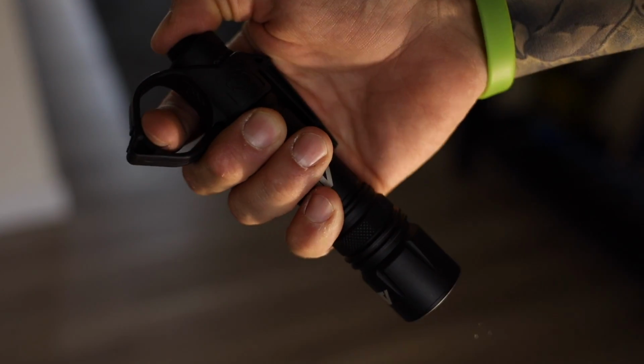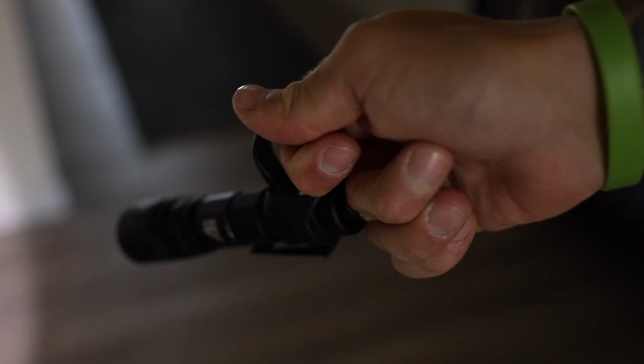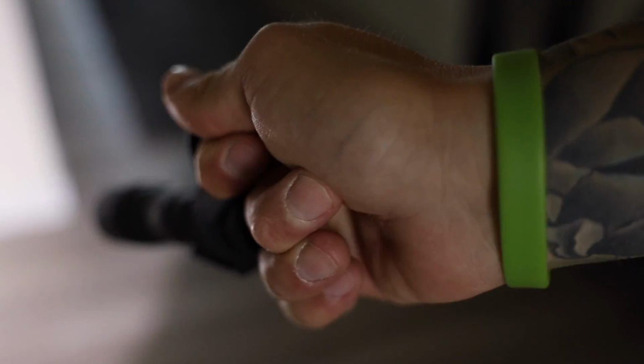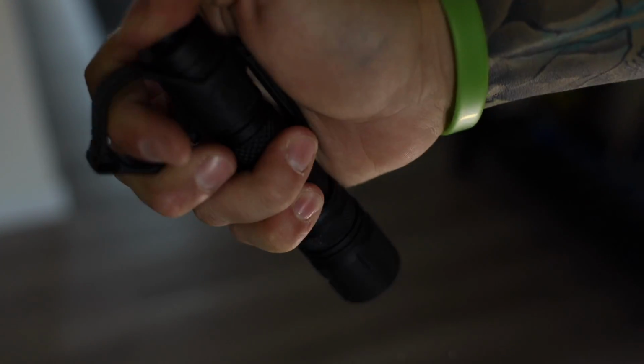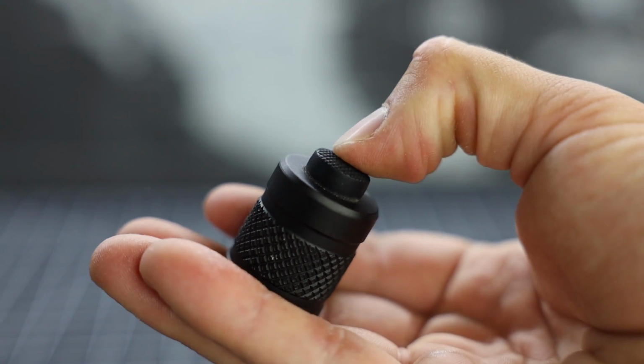It also comes with a pocket clip. And then that, coupled with this pretty rad tail cap coming from Out-of-Ball Illumination. This thing is super clicky, very positive. There's no bezel around the outside, so it's very easy to activate with just one hand. Especially if you're doing something like gripping a pistol, it's very easy to activate just by sort of squeezing down